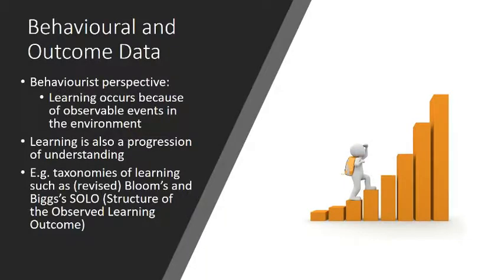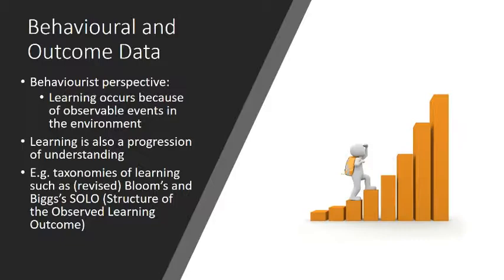What we are storing, of course, is data, and there are a number of perspectives that we can look at for how to determine what data to store. From a behaviorist perspective, the view would be that learning occurs because of observable events in the environment. So in a digital game-based learning environment, various events will occur because of the mechanics of the game or the dynamics of the game. And a game engine can be coded to recognize when these events occur and to trigger, for example, code that runs.